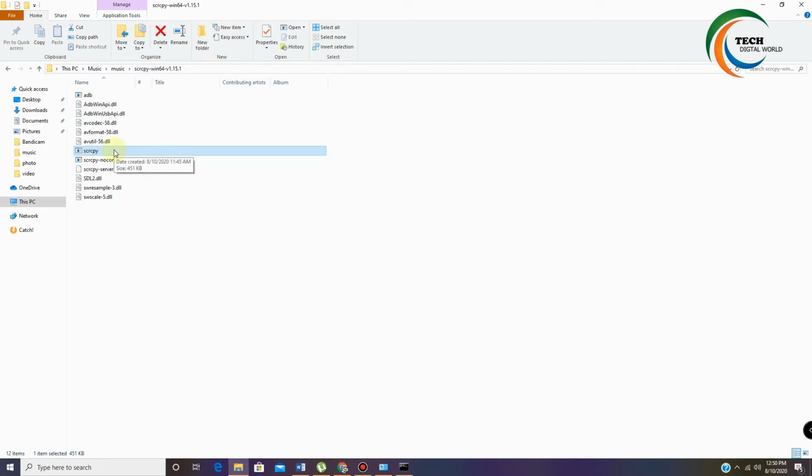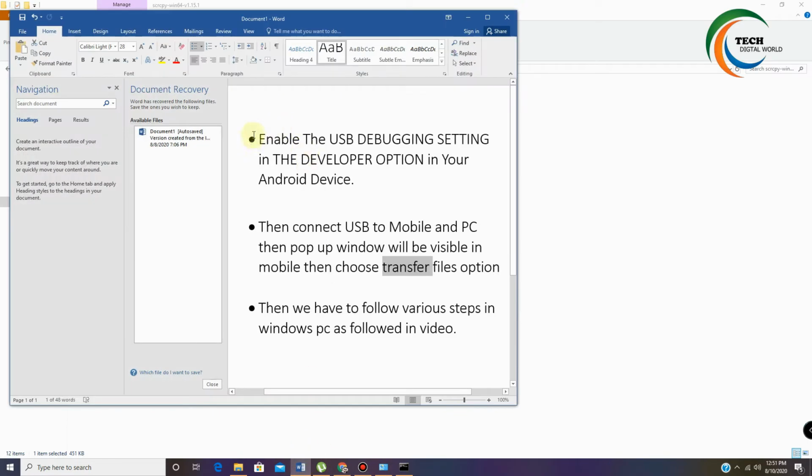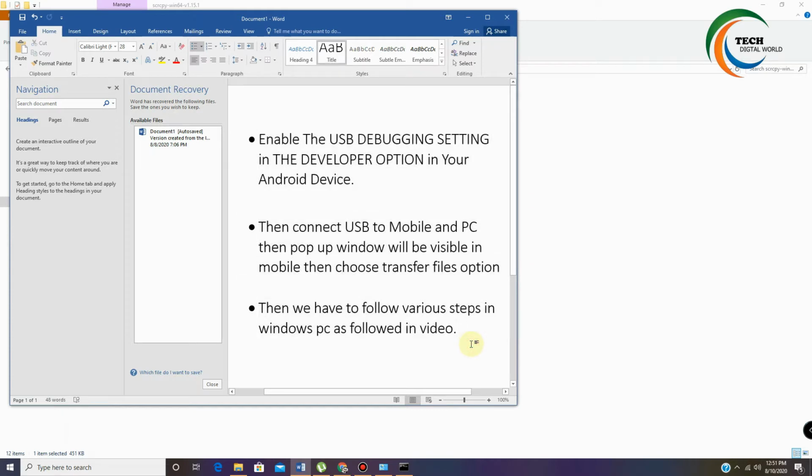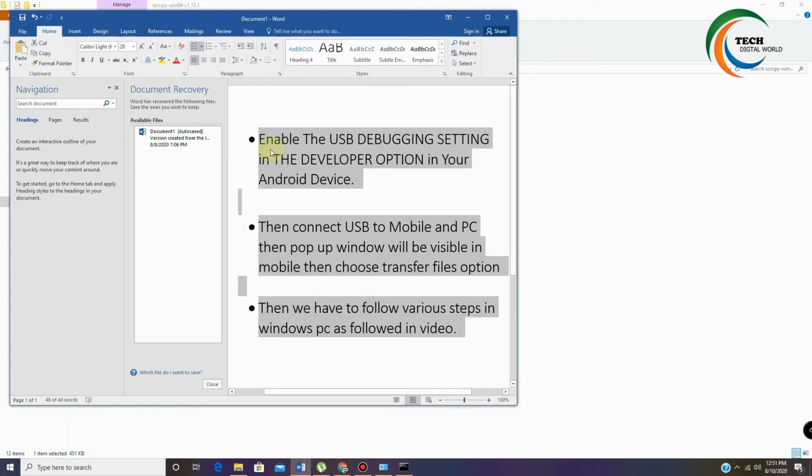First you have to connect your mobile with the USB cable. Before proceeding, you should be aware to follow these steps. Once you follow these steps, only then will your device be visible in Windows. Otherwise your device will fail to connect with your system and will not be visible. So before proceeding with the Windows PC steps, you have to follow these steps.